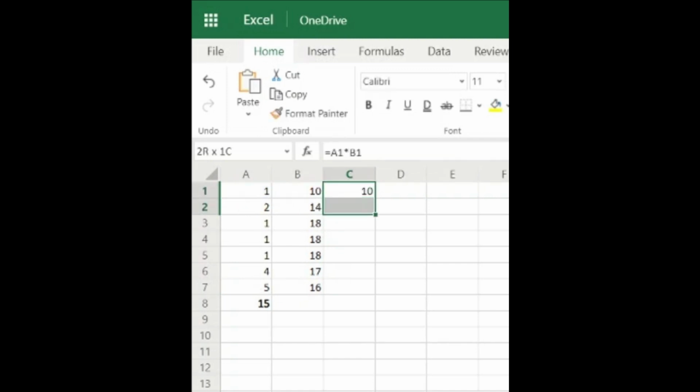So it's giving me some random numbers, and I just want to now multiply into this. It gives me the multiplication, and you might have seen I'm using a lot of shortcuts because that is what I like to use. I'll be making another video where I'll tell you a couple of shortcuts which you must use to increase your efficiency in Excel.